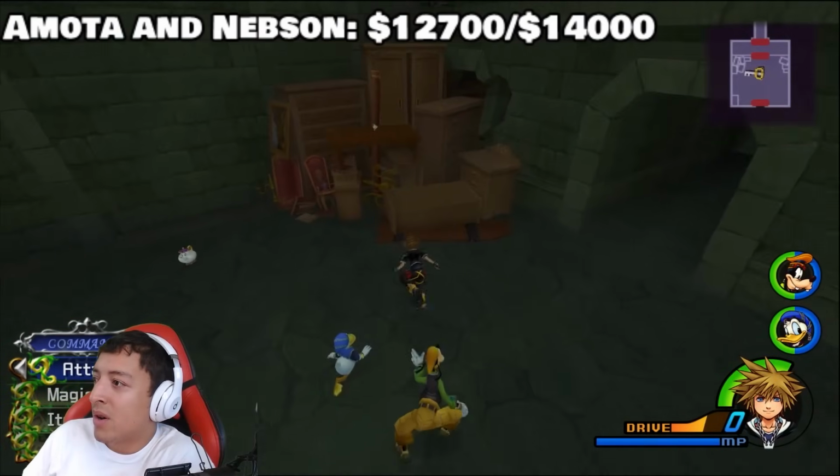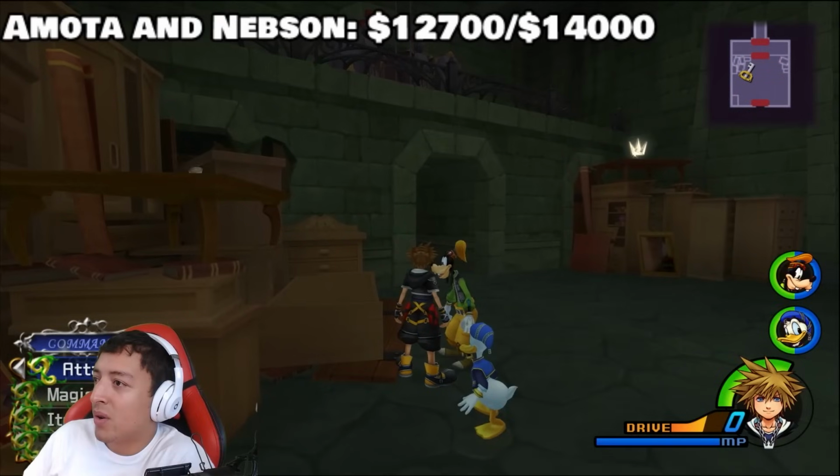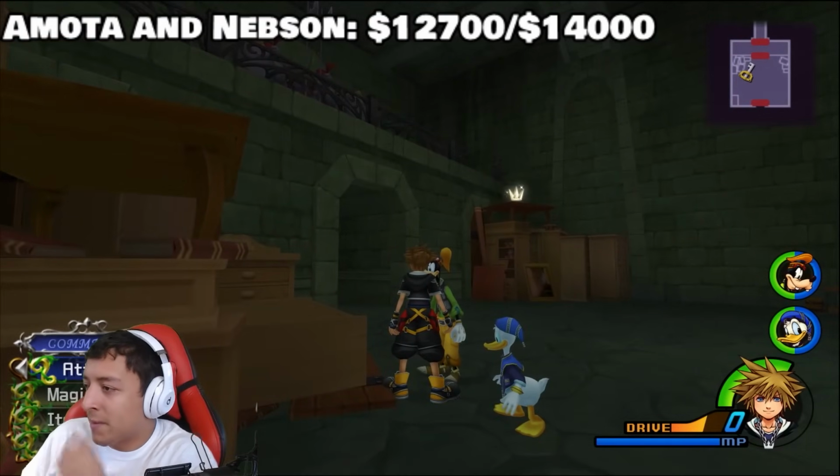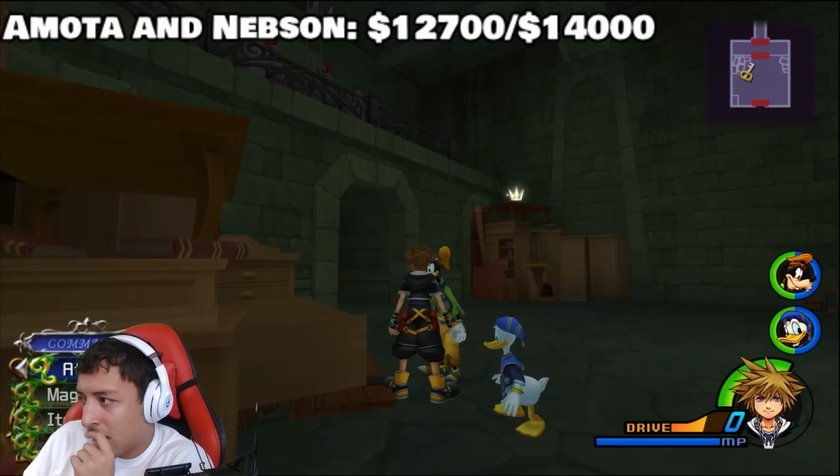Although we cannot jump, so getting on top of the furniture is impossible through a normal way. Someone in my chat pointed out if I enter Valor Form and press square, I can get a little bit of air and then might help me reach the top. So I thought I would try it out, and so...